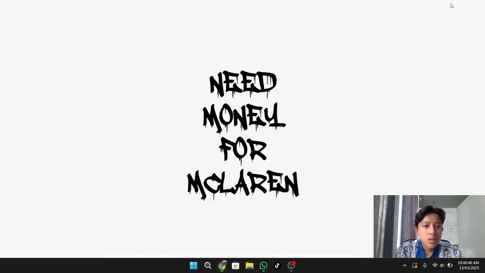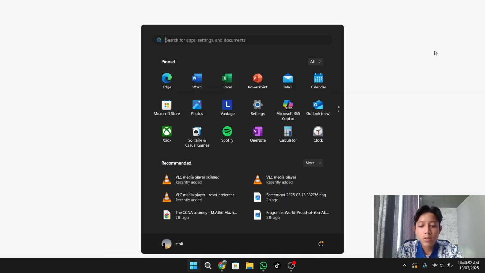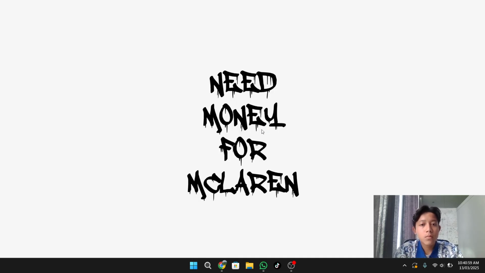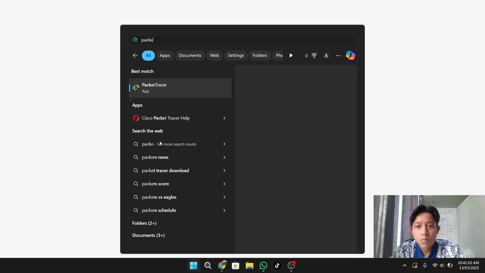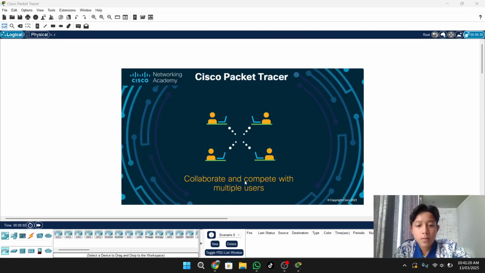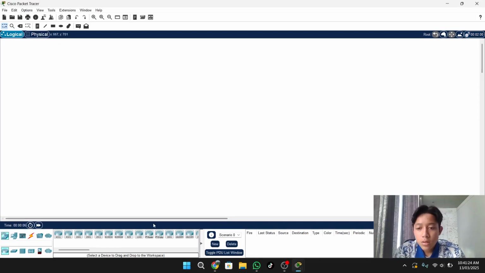Okay, after that you can open your Cisco Packet Tracer, and after that you can add the routers, one router and one PC, and you can connect your PC to your router using the connection cable.